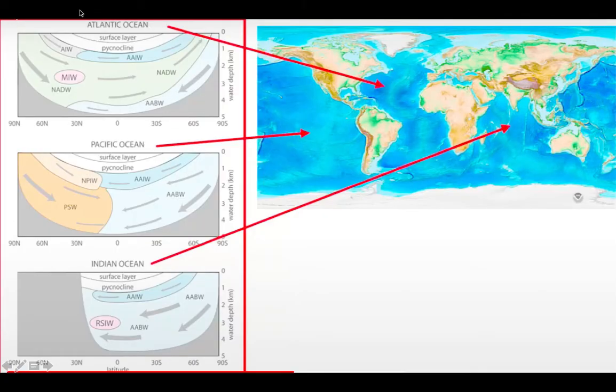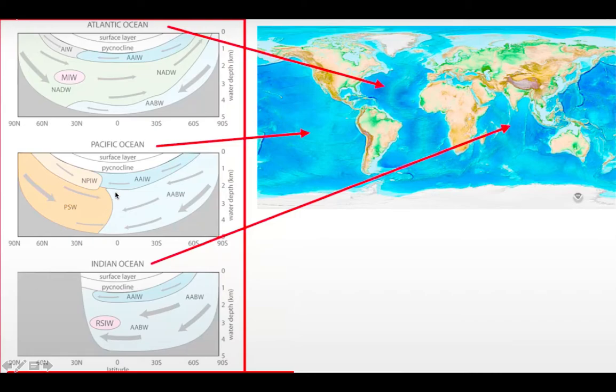Okay, so this is all about the Atlantic Ocean. Again, in the Pacific Ocean, things are kind of the same. Only the difference is this Pacific subsurface water and Atlantic bottom water. Here we have almost the same kind of density, and that's the reason why both are pushing each other. It's like a static front. I told you there are different types of air fronts: cold front, warm front, static front, occluded front. A static front is also called a stationary front. So here a stationary front-like situation is happening.